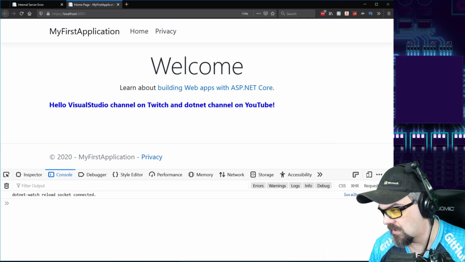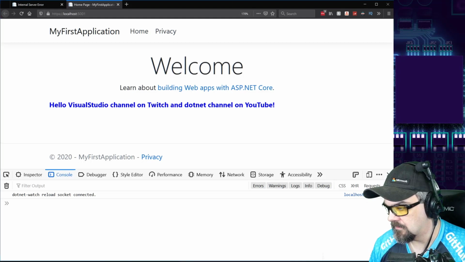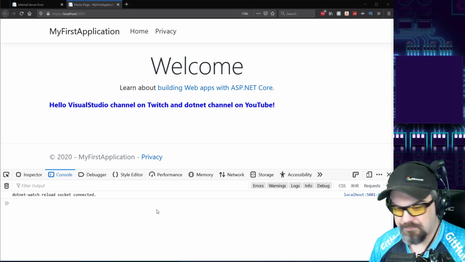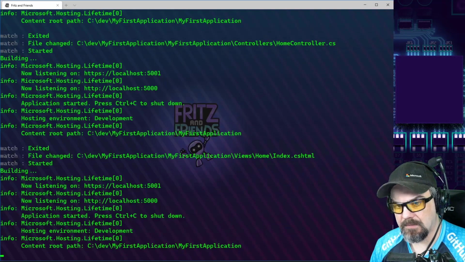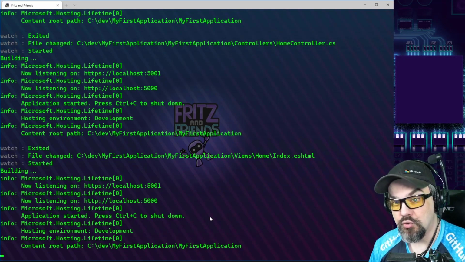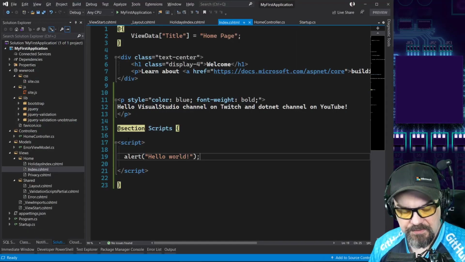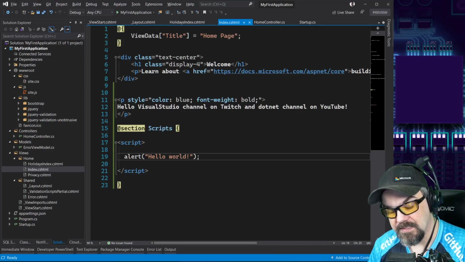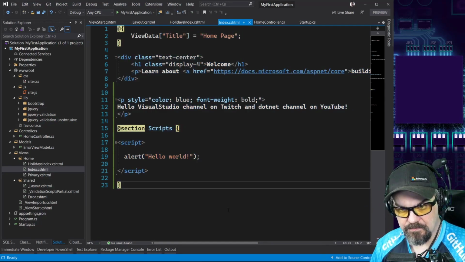Jason's asking a question here. There's a question about, well, what exactly does it do with that Razor template? I'm going to oversimplify this question just a little bit. So when these templates are executed, what it actually does is it turns this content into text and some C#